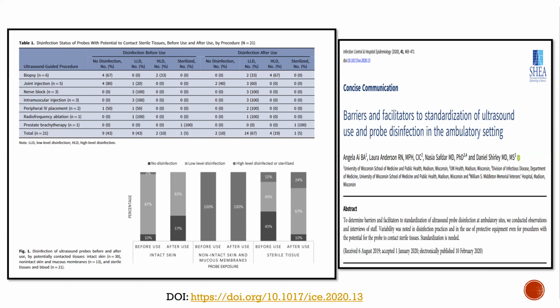Again, they also found there's a lot of variation about who was using sterile gel for these procedures. So only 38% of them were using a sterile gel, and 52% were using sterile covers. And so again, looking at this information in the context of that previous slide with the images, I think it really highlights that we still have some ways to go in making sure that we're using the right equipment, barriers, and then also the right types of disinfection for the type of work that's being done.